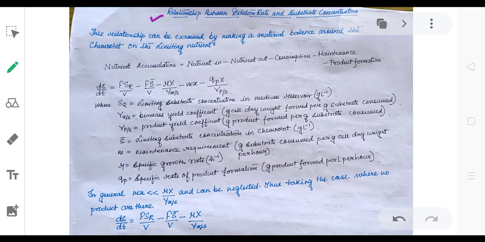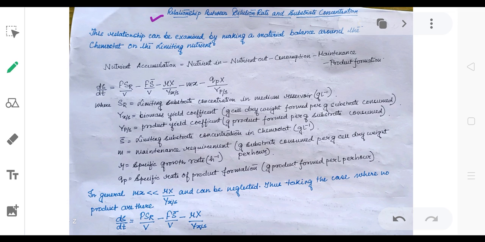Now, as I have already discussed in my previous class on bacterial growth kinetics, in a continuous culture there is always an input of medium and removal of waste products. So two important things have to be kept constant and taken into account within the vessel, and that is the substrate concentration and the cell concentration. That is why we need to understand the relationship between the dilution rate and the